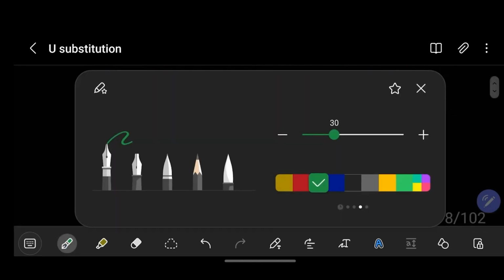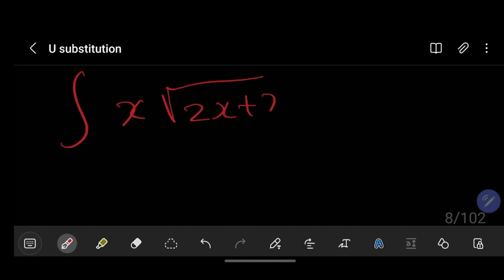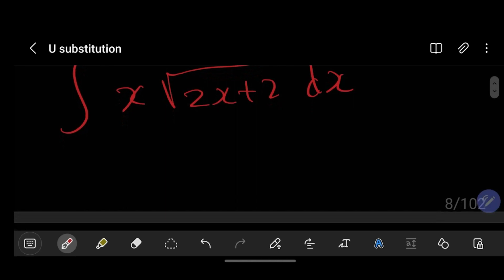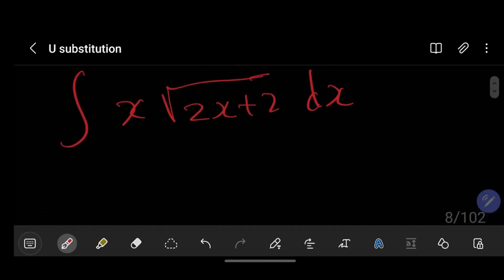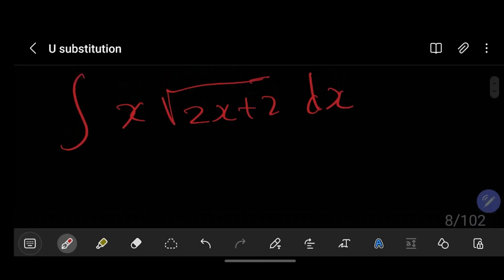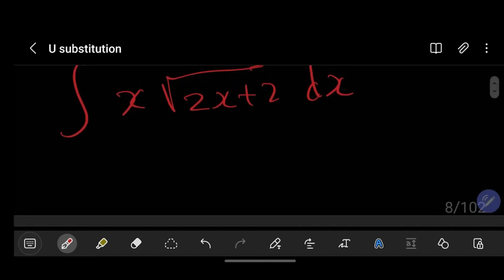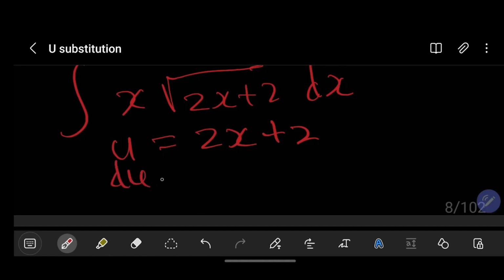Let's look at one slightly more complicated. Let's look at the integral of x times the square root of 2x plus 2 dx. Now we can immediately see if we make u equal to x, we will still have the 2x plus 2. So as we mentioned earlier, let's make what's under the square root u. So we can say u is equal to 2x plus 2, and du is then equal to